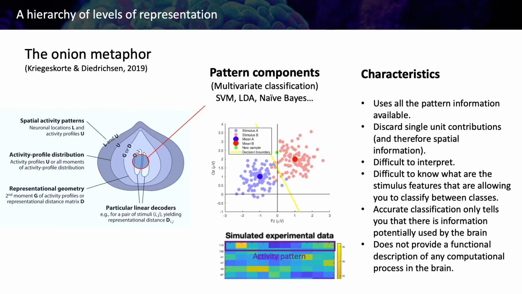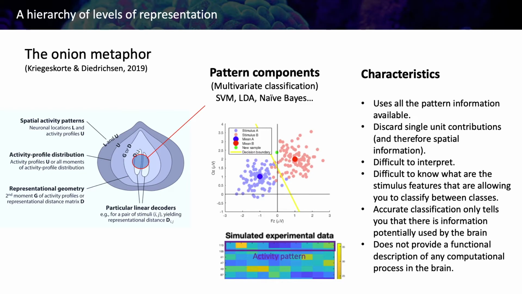As I said, you don't know if it's attention or another feature that is not related with the task that you want to analyze. Then, the fact that you can classify above chance is not telling you that this information is being used by the brain. The only thing that you know is that the brain is potentially using that information to classify, right? That you can classify something doesn't mean that this is information that is being used, right?